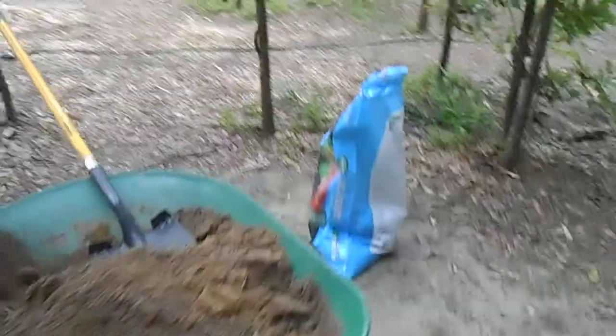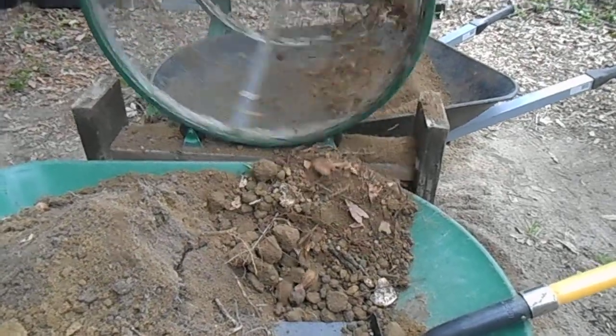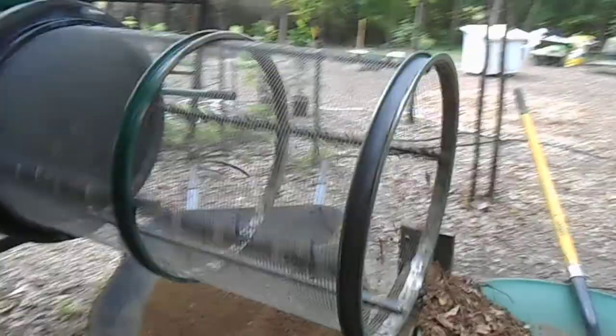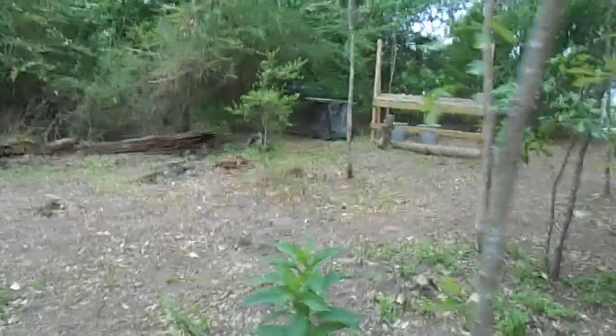Here we go with the soil trommel. It's going to be loud. But a lot of times around here there's broken glass. I got to show you, it really works good for broken glass and roots. And it goes like that, and you get good soil here. Okay, that. Well, thank God I have that, because it's the little tiniest pieces of, here's an area I just had